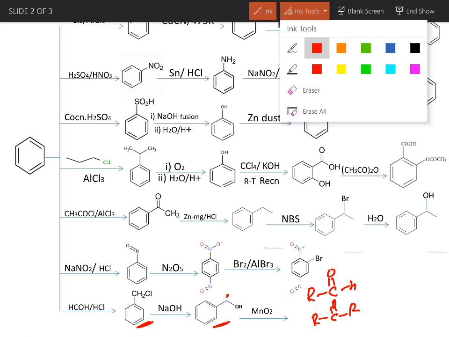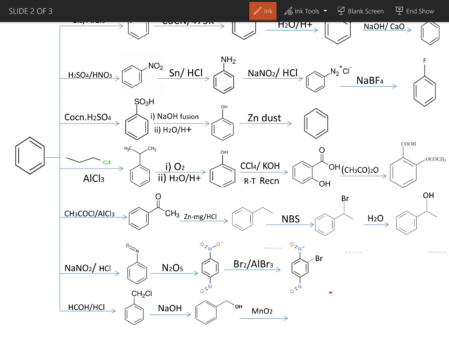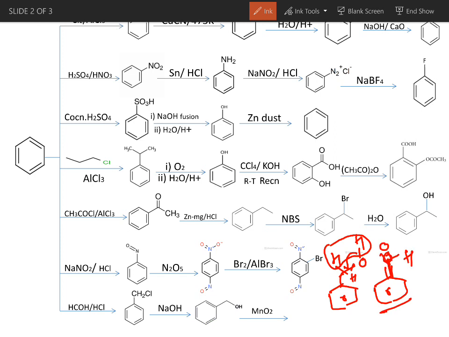Here in this case, this is CH2OH. With the help of MnO2, it is oxidized, that is, removal of hydrogen, and gets converted into aldehyde. So it forms here C double bond O-H. This compound is known as benzaldehyde. So selective oxidation with MnO2 converts benzylic or allylic alcohol into aldehyde or ketone.